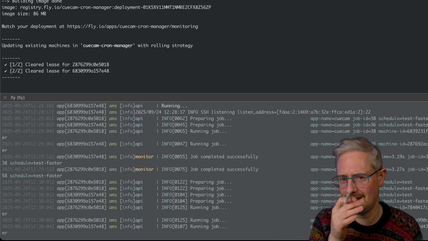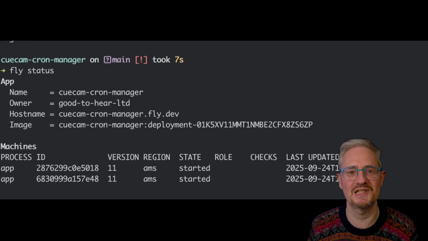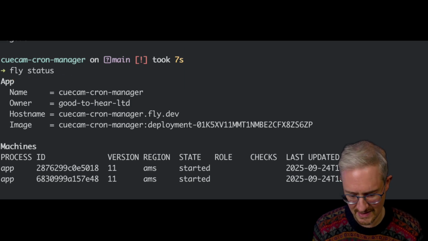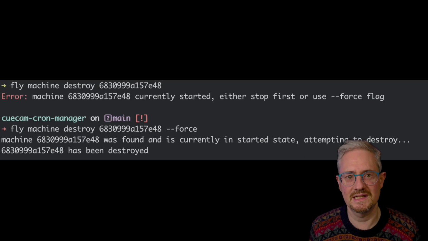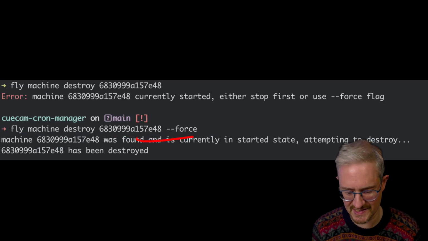First I thought the logs were kind of multiplying, but yeah, it does seem like I've got 2 machines. And so, a bit of fly status shows you, okay, yeah, we've got these 2. So I just went fly machine destroy force on one of them, and then waited another 5 minutes, and that time I just got 1 email. So